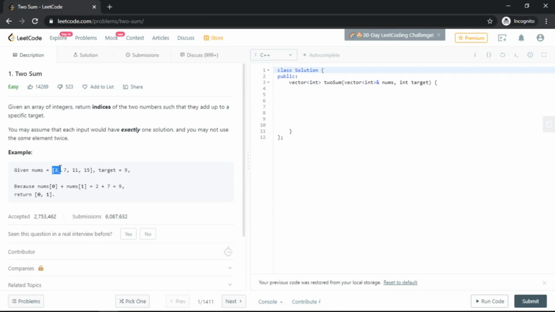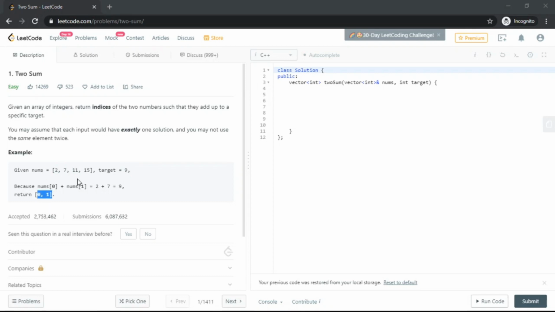So we select 2, then we select 7. 2 plus 7 is 9. So we'll return the indices of 2 and 7, that is 0 and 1. If we hadn't found the solution in one iteration, we'd compare 2 plus 11, that is 13, which is not the target. But fortunately we find the solution in the first iteration and return 0 and 1.